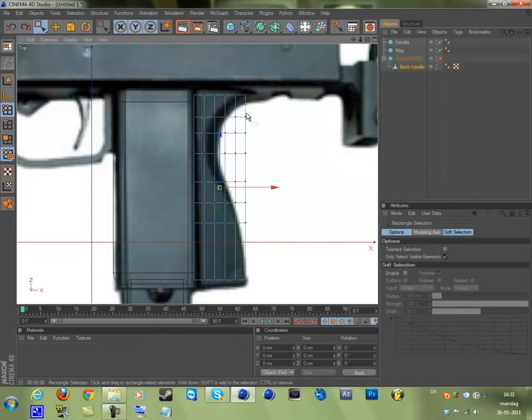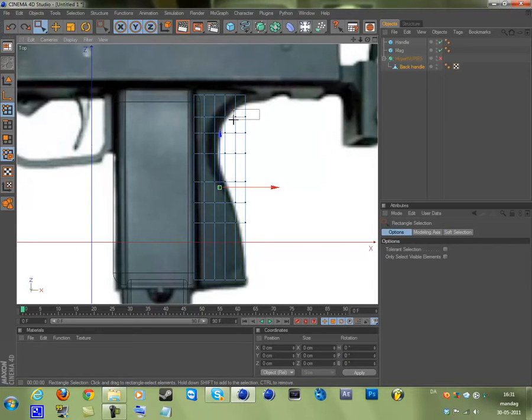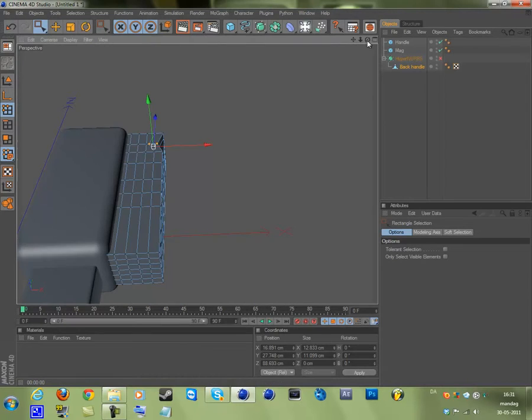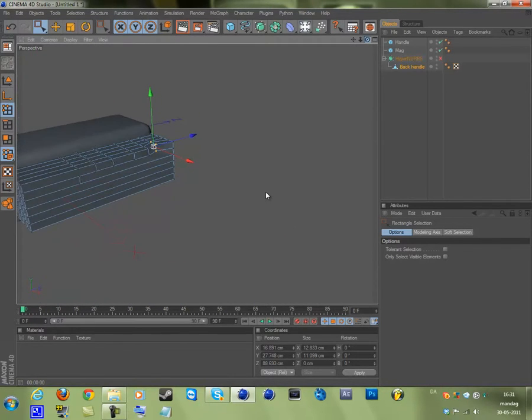When you have this, you go into point mode, and then to your rectangle selection, and make sure only select visible elements is turned off. Then you drag them in. Oh, I forgot.